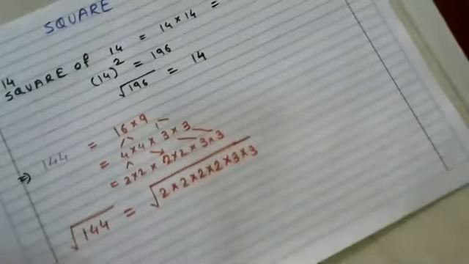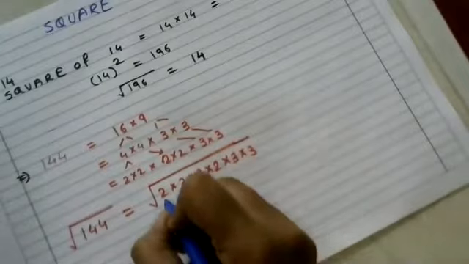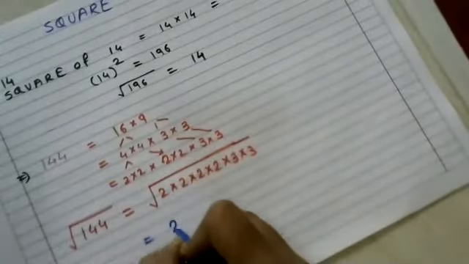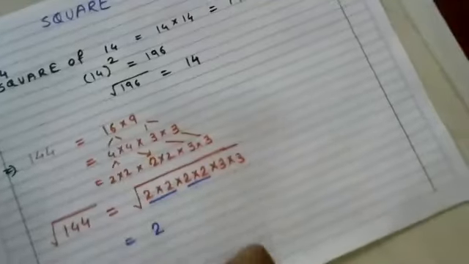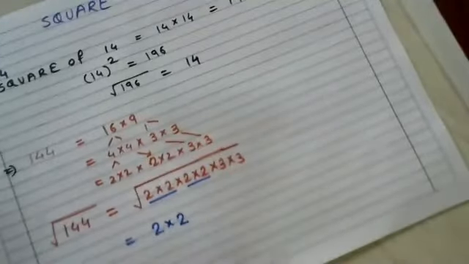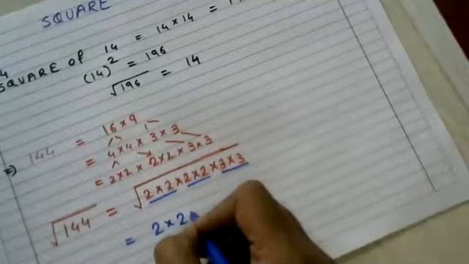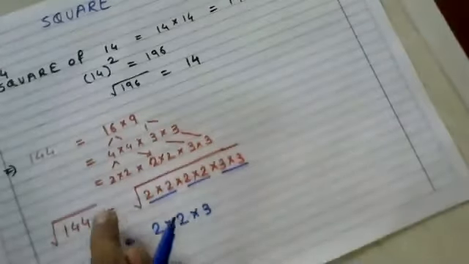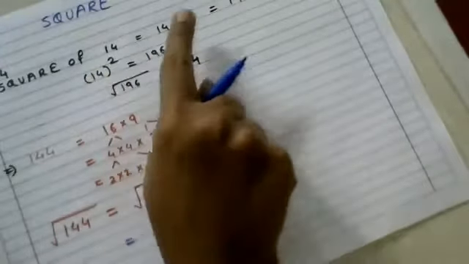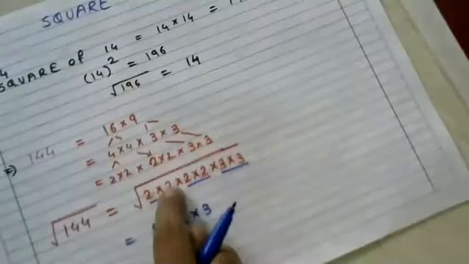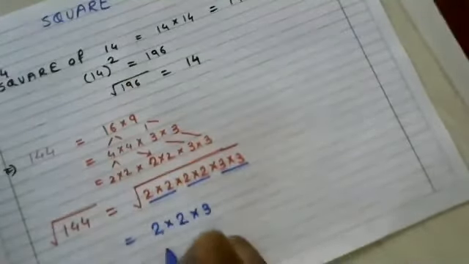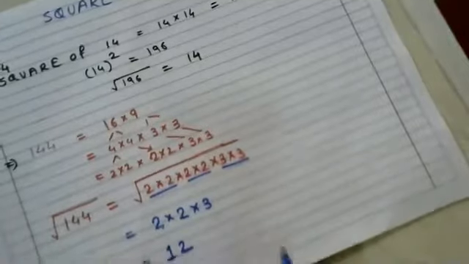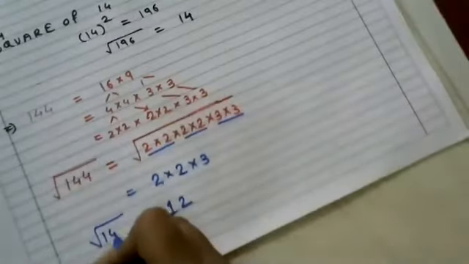Now from this, what we need to do is look for the pairs. Here 2 times 2 is coming, so 1 time 2 we can take outside from these 2. Here also 2 partners are available, so from that also we can take 2. 2 times 3 is there, so 1 time we can take it out. Square means 2 times multiplication, and square root means out of 2, 1 should be coming out. So 2 2s are 4, 4 3s are 12, and hence the square root of 144 is 12.